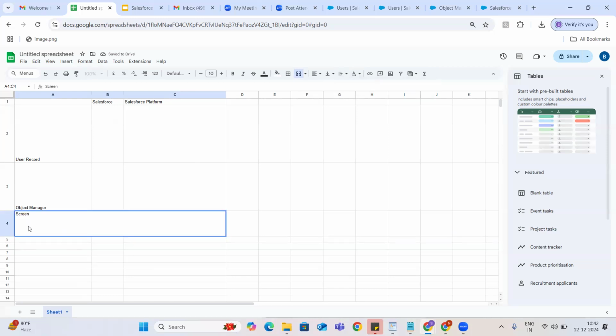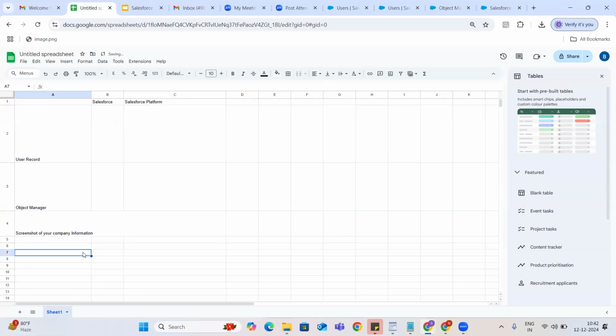Details are not required for me. Screenshot of your company information. Okay. So everybody, whenever you get some time, you can just share me the screenshot of your company information and you create one user record with Salesforce Platform and you need to just try to see the differences that are coming in these two areas.